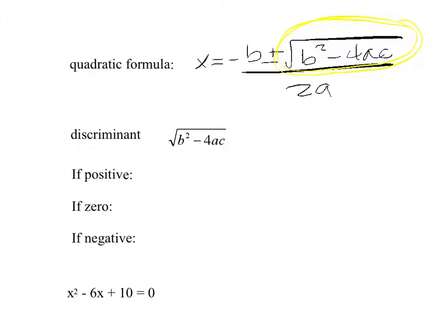Okay? Because here's the big deal. Square rooting can make a big deal, right? If you square root a regular number like 36, you're going to have two answers. You're going to have plus 6 because of that positive right there, and then you have a minus 6 because of that negative. But if what's in here is 0, remember when that happened? When we had 0, we had just one answer, because if we added 0 and subtracted 0, we got the same thing. And if what's in here is negative, then we're going to be square rooting a negative,